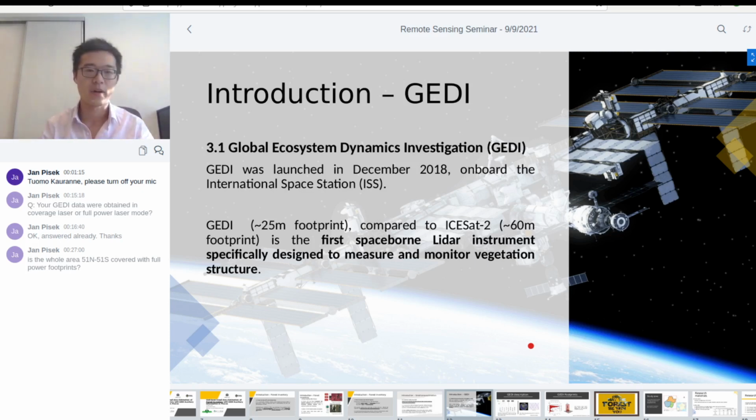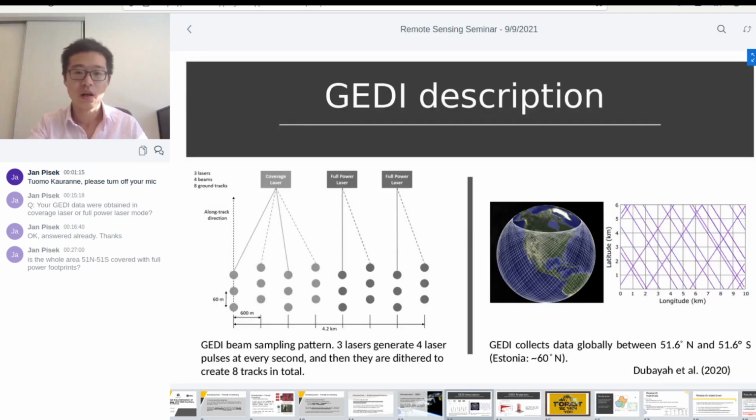And this is a little bit more about the GEDI LiDAR instrument. GEDI has 3 beams. One of the 3 beams is split into 2 coverage beams. So in total, as GEDI is on the ground, the ground track is moving forward, it shoots out laser fires, and every second it swings a bit, so that in total about 8 tracks are generated on the ground. And on the right side is the flying pattern of GEDI.